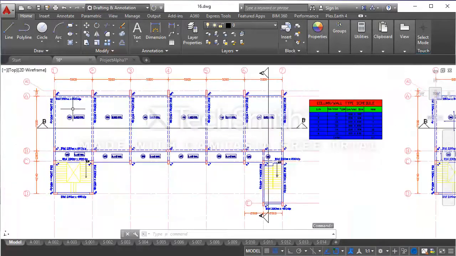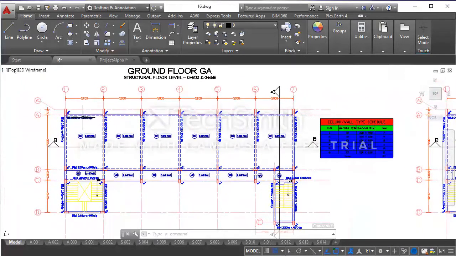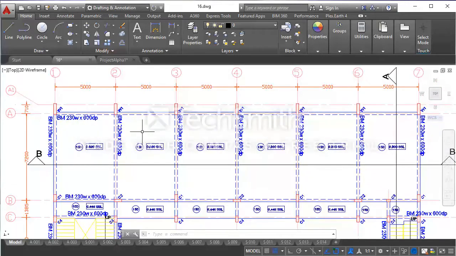So the last edit I'm going to make on this drawing will be for the beam labels. As said earlier, the slab is supported on foundation walls, not on beam. So I'm going to edit this label and change the text to 230 mm wide block wall, foundation wall. It's 230 mm wide block wall.